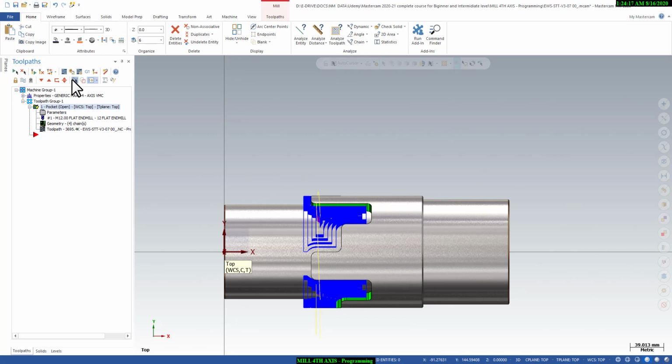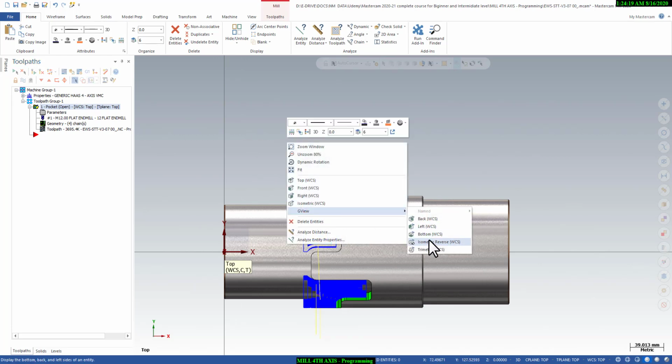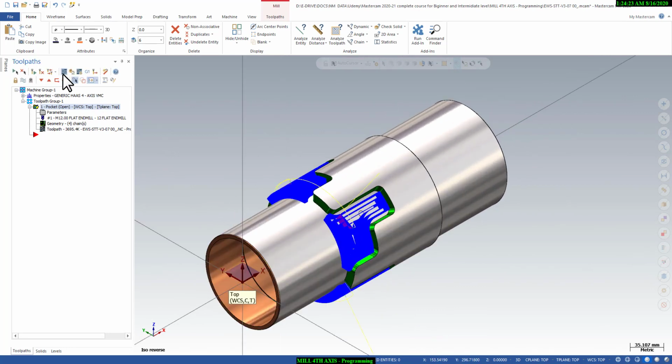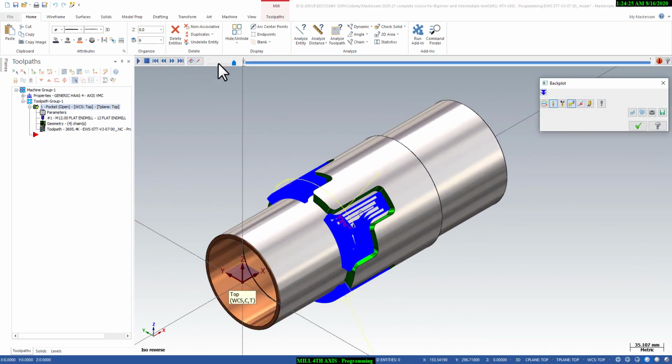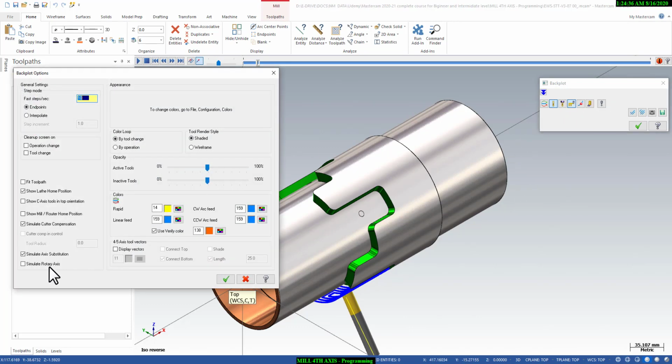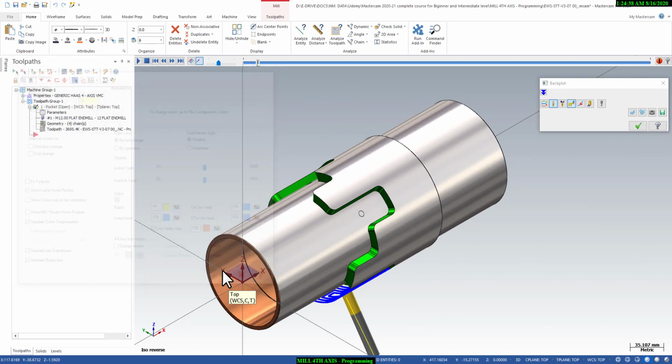I will show you the simulation in isometric view. So I will go to the backplot page, and here I will activate that, and let's start. So it is moving like this. So I will go to the advanced page. I will say simulate rotary axis, and then say okay.